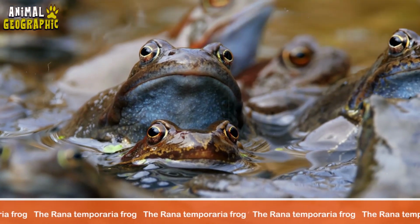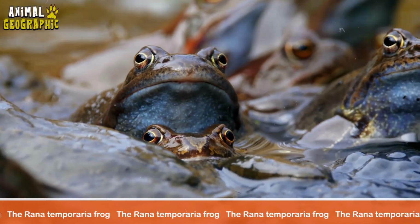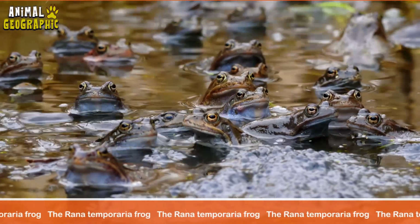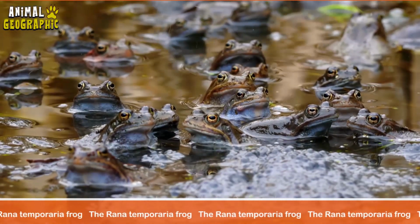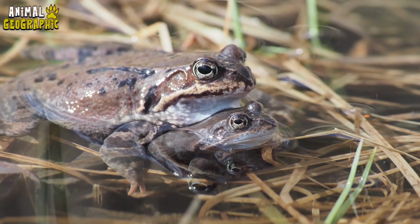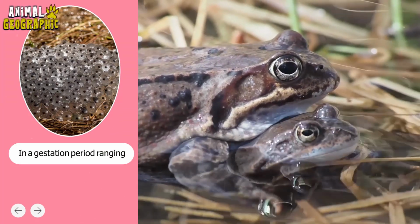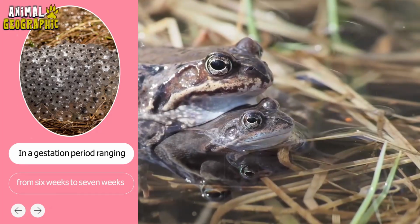After the eggs are released during ovulation that lasts for 2 weeks and may extend to 3 weeks, mating occurs through the internal fertilization of eggs, where the male fertilizes them by releasing sperm. Then, the females are able to conceive in their eggs, so a female Rana frog conceives her eggs. The baby frogs. In a gestation period ranging from 6 weeks to 7 weeks,